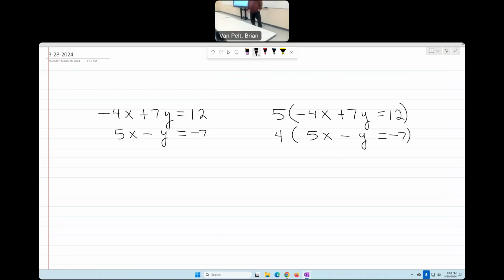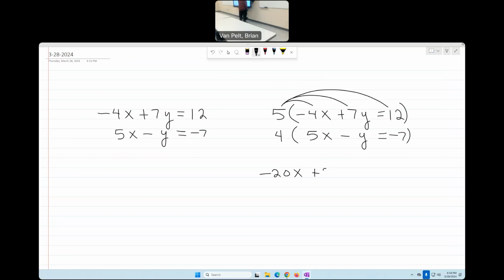So choosing the numbers that way, I'll get a positive 20x and I'll get a negative 20x. So when I multiply them through, what I mean by this is you're going to do the distributive property all the way through. So the first equation will become negative 20x